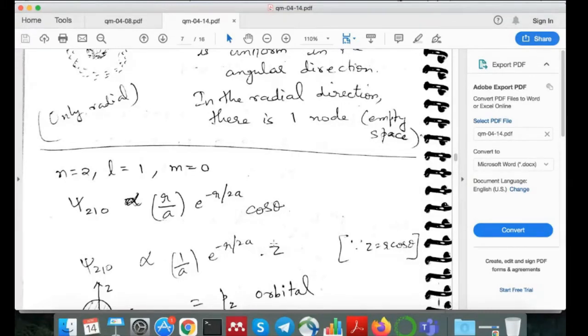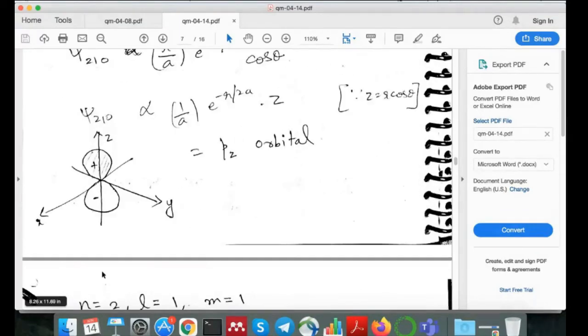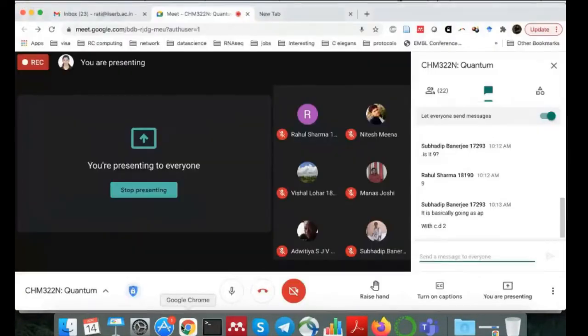So this is your z, which means that if you now take the square of this function, which will give you the probability, right? In that case, if you plot that probability, you will see that it lies along the z-axis. The cloud of electrons will lie along the z-axis. So this represents your pz orbital. Okay, because here r cos theta equal to z, you are already getting. So this will lie along the z-axis. Okay. Any questions up to this point? Please let me know if you have any questions or anything.